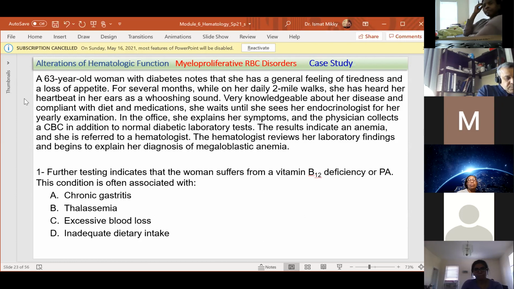The hematologist reviews her laboratory findings and begins to explain her diagnosis of megaloblastic anemia. Further testing indicates that the woman suffers from a vitamin B12 deficiency, or PA. This condition is often associated with